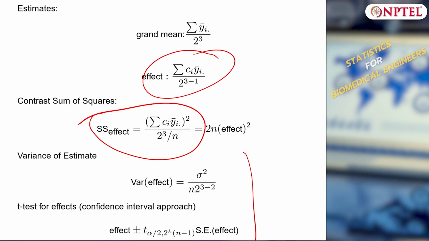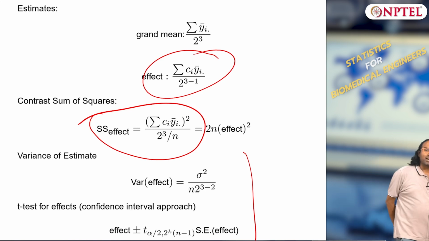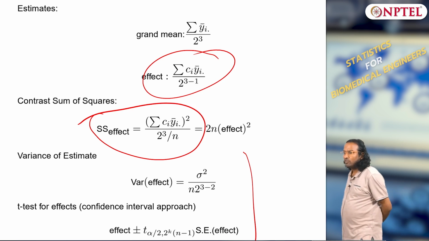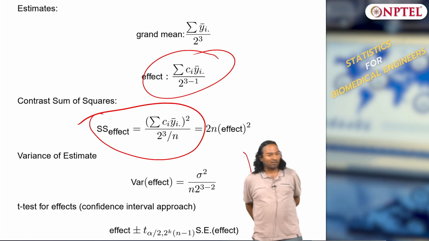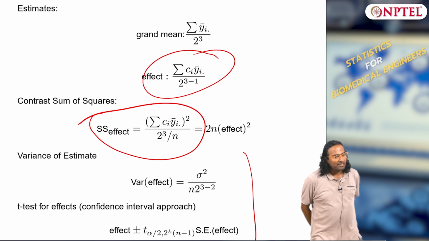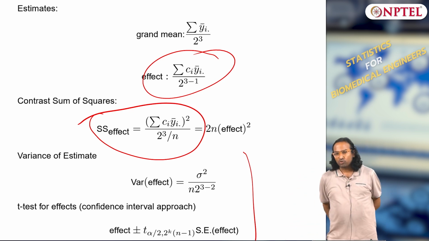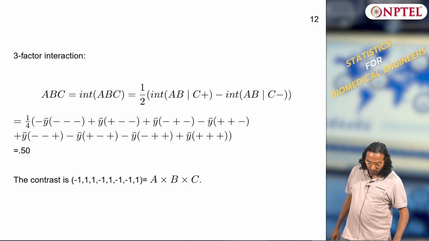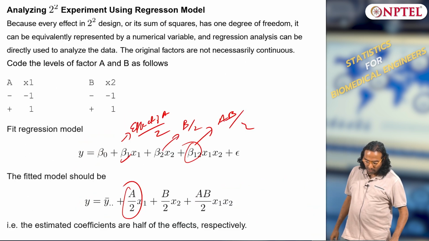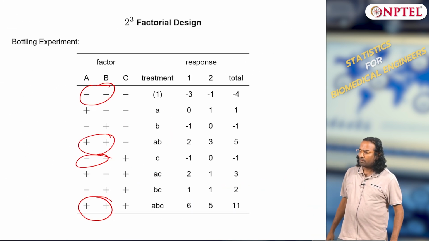Morning everyone. So we started last class with 2^2 experiments and we defined what is called the contrast or effect, which is nothing but the coefficients. Once I have this contrast defined, then the sum square effect and mean square effect, everything falls in place. So we did it for 2^2 experiments as well as for 2^3, right.